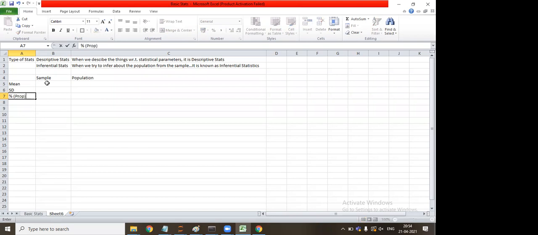Say, based on a sample that we have collected, we can say that party A will get 40% of the votes this time. Is this also right for the population that we will be studying or not? It is a proportion. We said 42% of the vote party A will get. So is this applicable to the entire population or only the sample we have studied? So this is percentage, that is proportion. Mean, standard deviation, proportion, and variance.